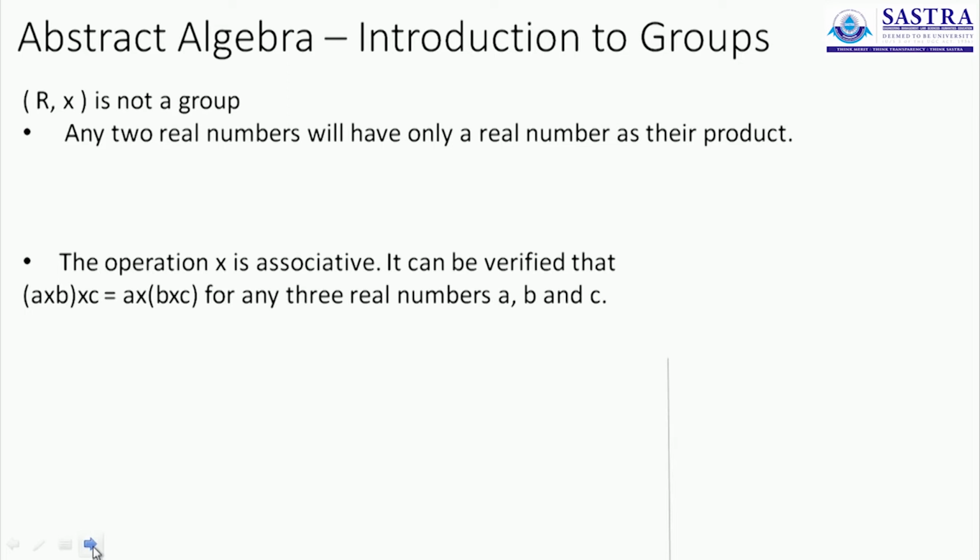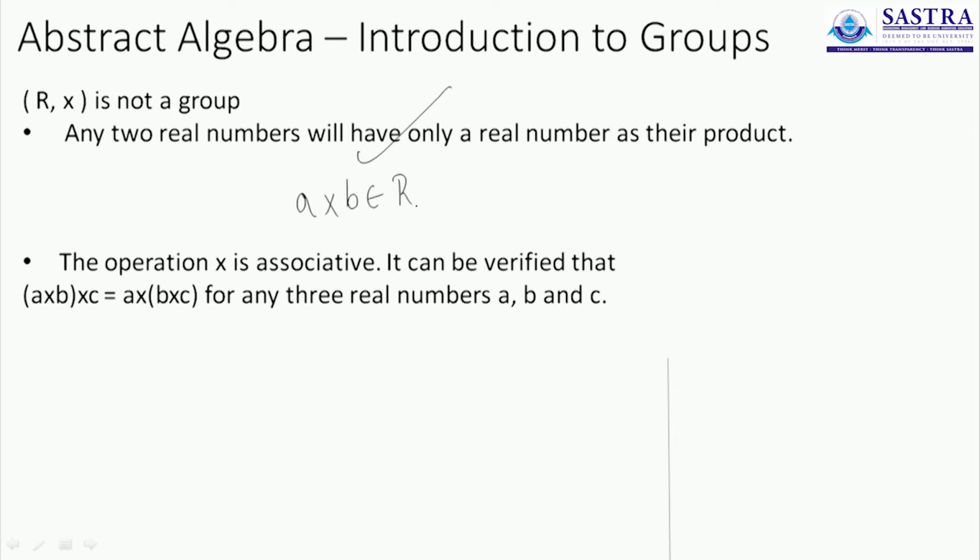The next one is the set of all real numbers under multiplication. This is pretty elementary. We have already seen that it is a monoid because the set is closed. The product of any 2 real numbers still belongs to the set. If a is real and b is real, the product cannot be imaginary. You cannot conjure an i out of nowhere. So a star b, a times b, is still a real number.